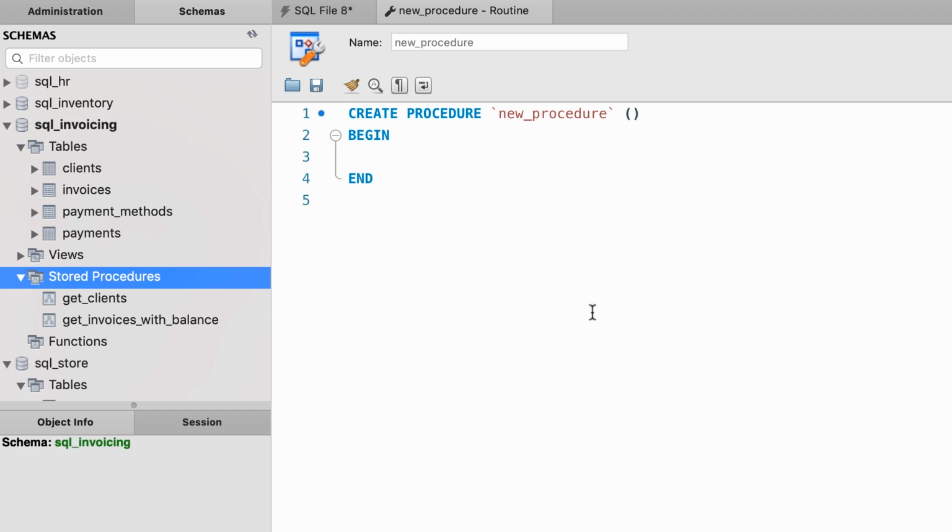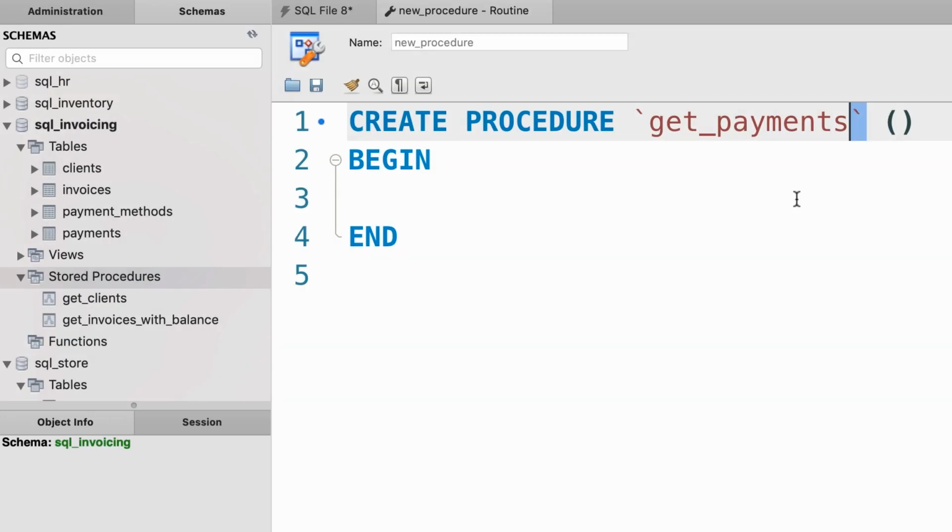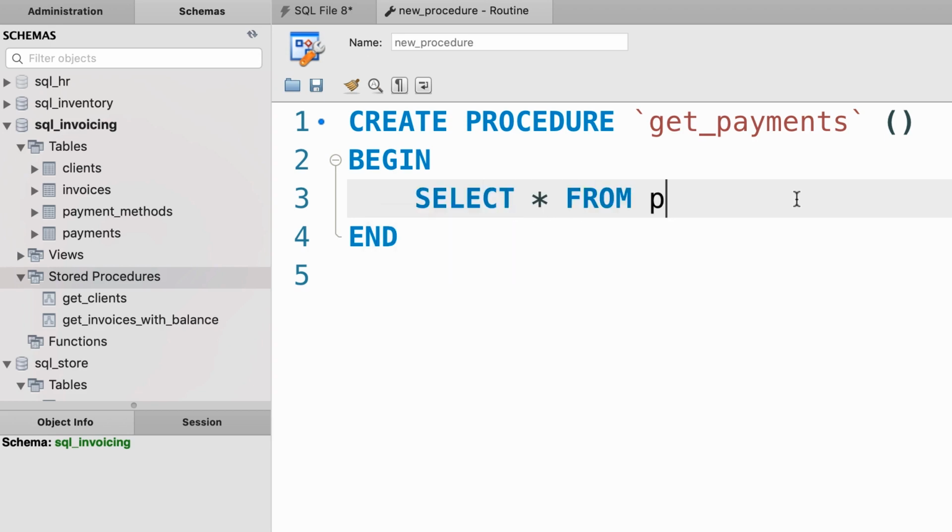Now in this window, we don't have to worry about changing the delimiter. We just focus on our SQL statements. So let's give this new procedure a name, like get payments. As I told you before, MySQL by default adds this backtick character, and this is to prevent a name clash with SQL keywords. Okay, so here we simply select everything from the payments table, and we should terminate this statement